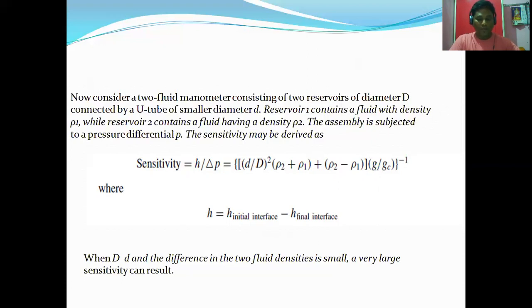And the difference in the two fluid densities is small. A very large sensitivity can result by using this formula. Okay, and this situation forms the basis for the micromanometer. This calculation part forms the basis of the micromanometer. Okay,